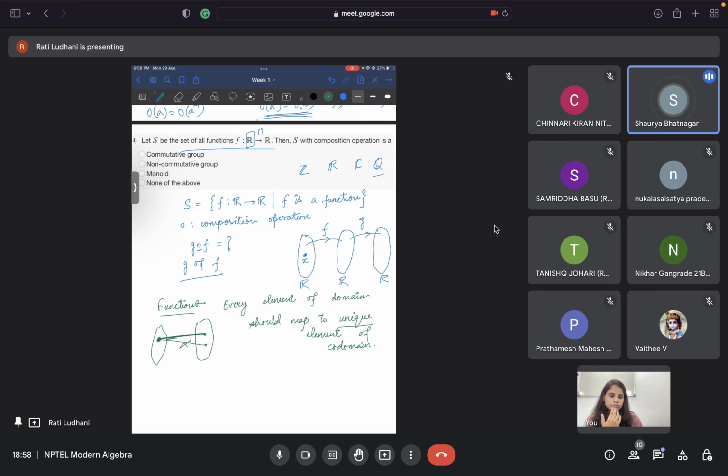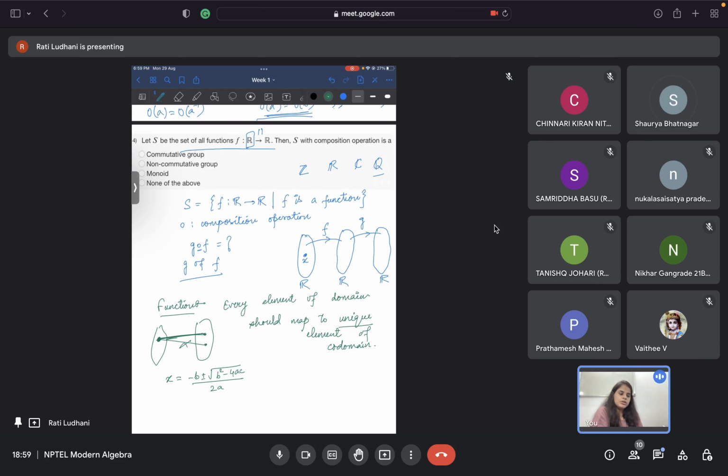Ma'am, but when we solve a quadratic equation, then we write x is equal to minus b plus minus square root of b square minus 4ac, we are actually mapping 2 with 1. Is that incorrect? When we solve a quadratic equation, the solution is x equals minus b plus minus under root b square. But here we are mapping 2 elements with